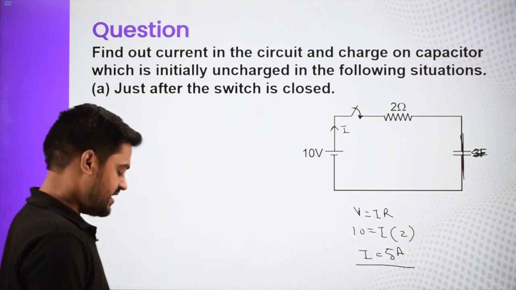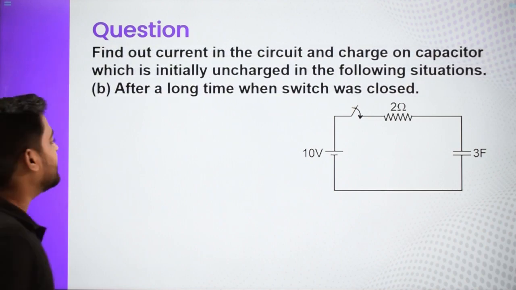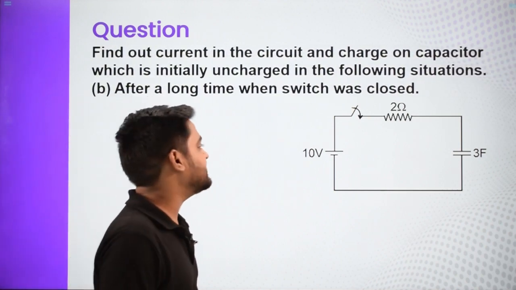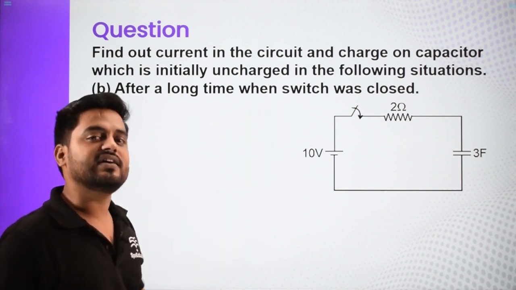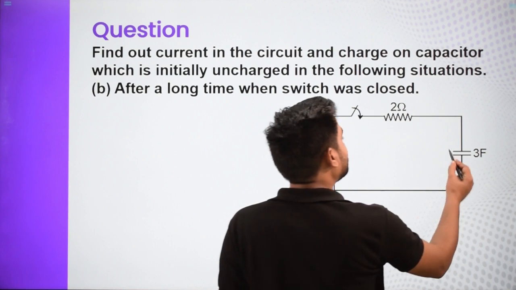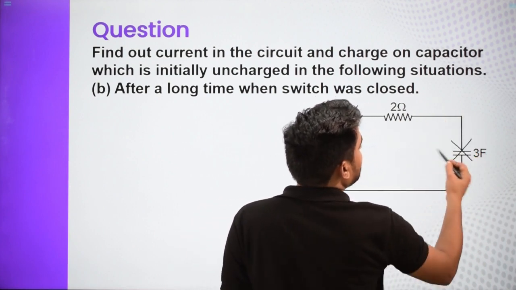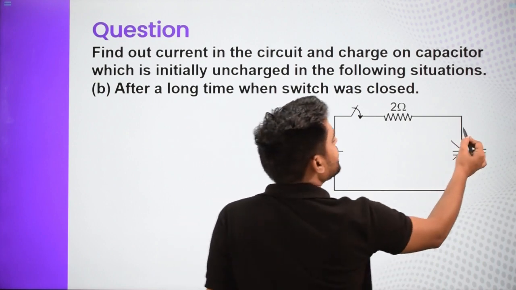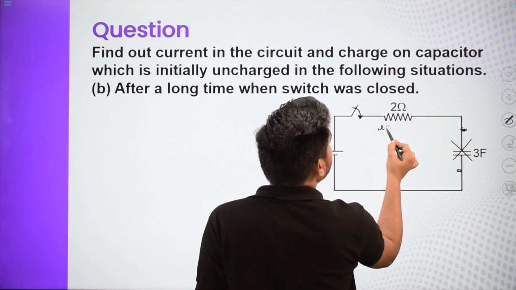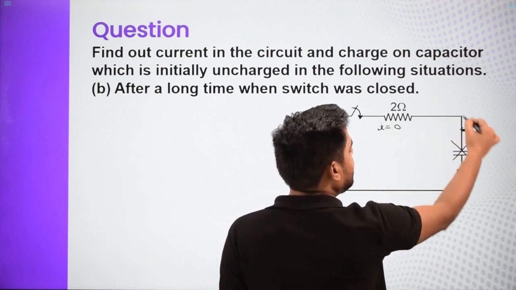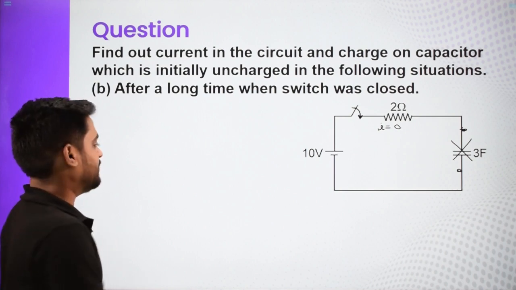What will happen next? We are not talking about that now. We are going to discuss that in transient circuits, once we learn current electricity. But after a long time, when the switch has been closed, what is the current? We know that once the switch is closed for a long duration, the capacitor will get charged completely and it will behave as a broken wire. So there is no connection over here, and the current should be 0, as if the circuit is not complete and no current is flowing. So the answer is 0.